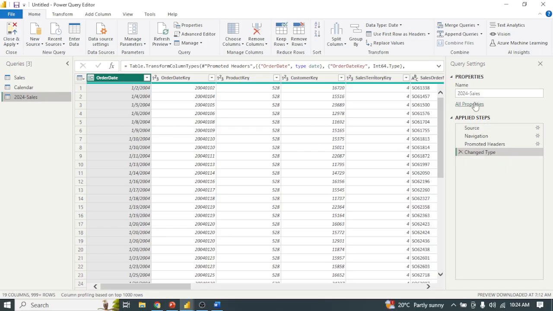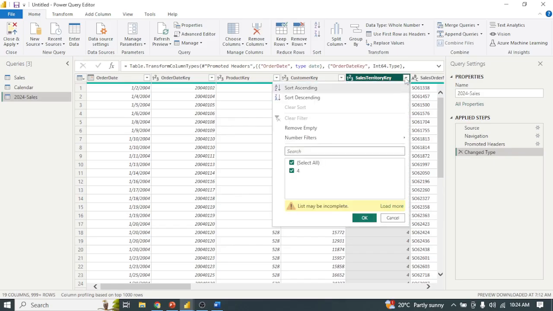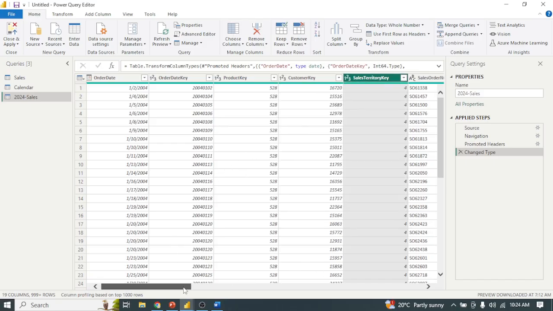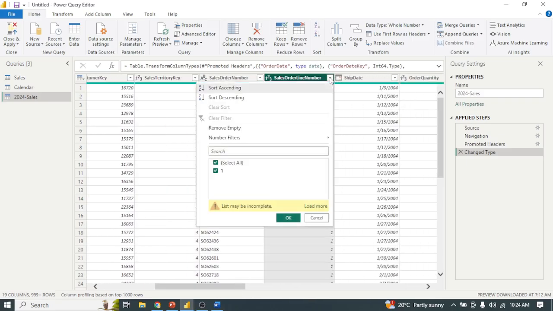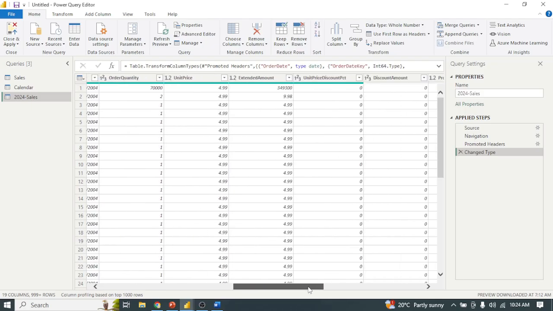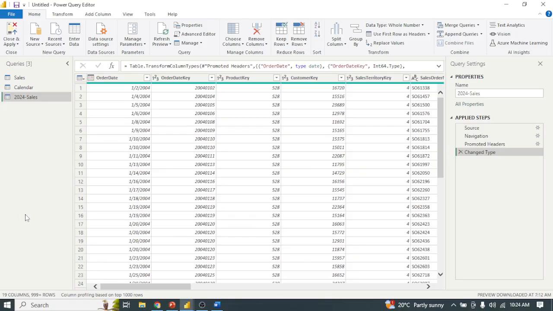So I will come here to the sales territory. I want to sort, I will still have only territory 4. So let me try to use a different column to see how the applied steps work. Let's see if we have different sales line numbers. We only have one. Okay, fine. Let's try